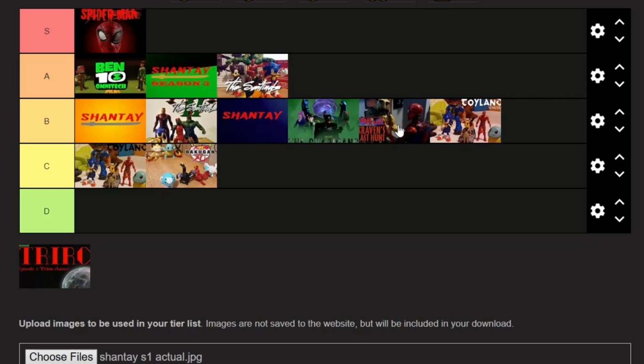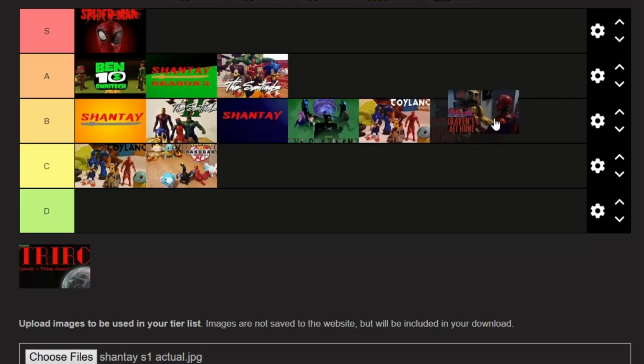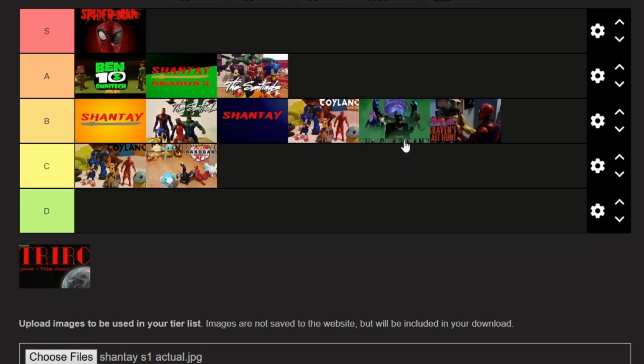Do I like it more than Kraven's Last Hunt? I do. Do I like it more than the Guardians? They're about tied, but seeing as this is a remake, so I pretty much had another chance to make this movie, it shouldn't go. But strictly, if I trust my gut on this, I think I do like it more than the Guardians. So it's going to be here, about midway through B tier. Oh wow, B tier is long.